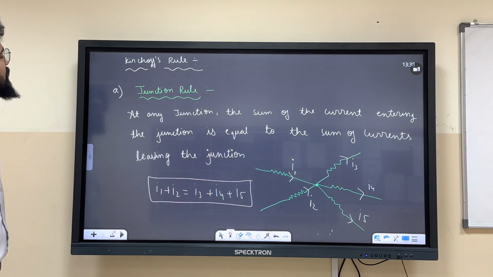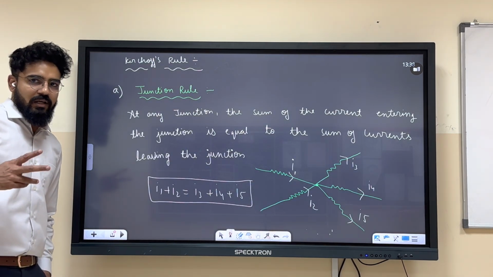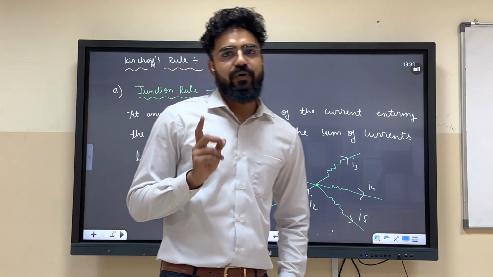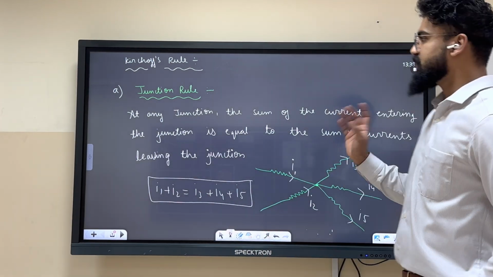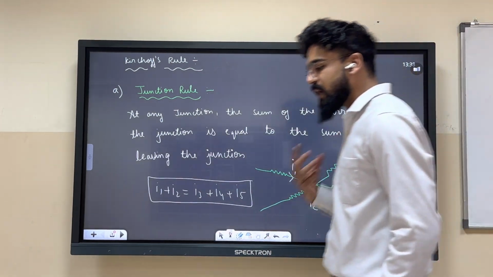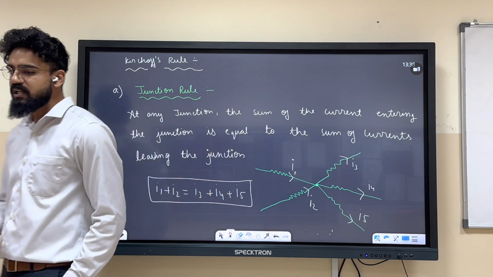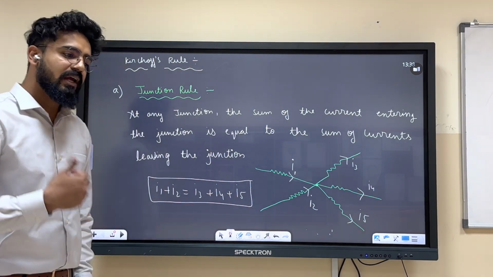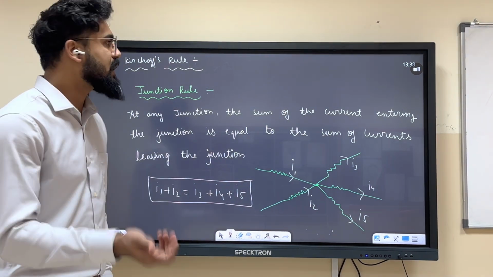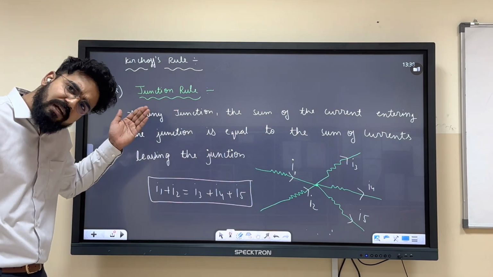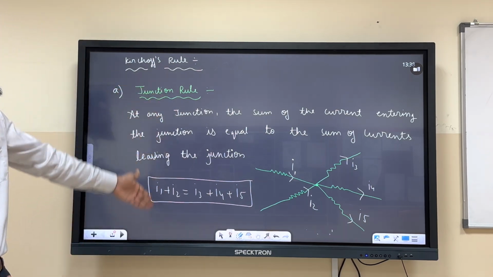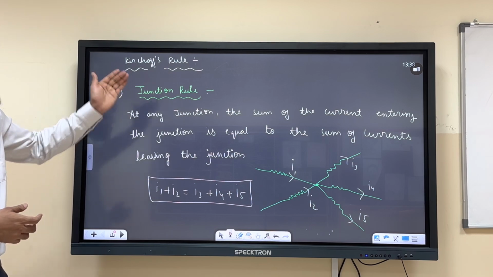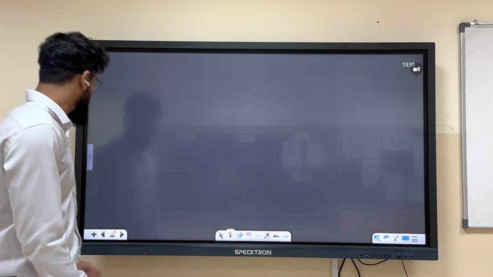What was our Kirchhoff's rule? Under Kirchhoff's rule come two laws. First is what? Your junction rule. So the junction rule says that no charge can accumulate at the junction. So whatever the incoming current is equals the outgoing current. Okay? When it is asked in the exam, please write it in this civilized way. Okay. Now,